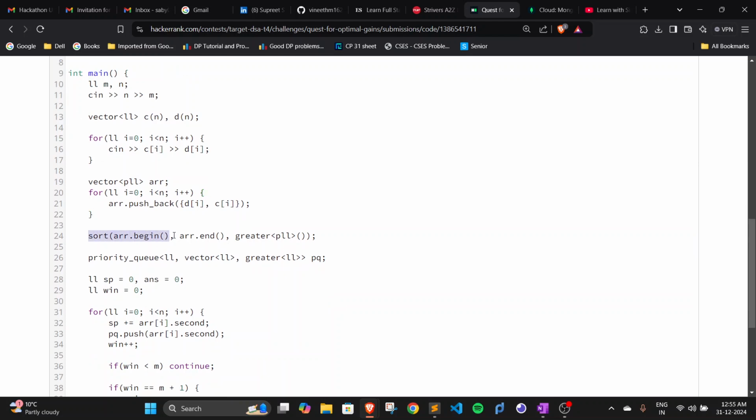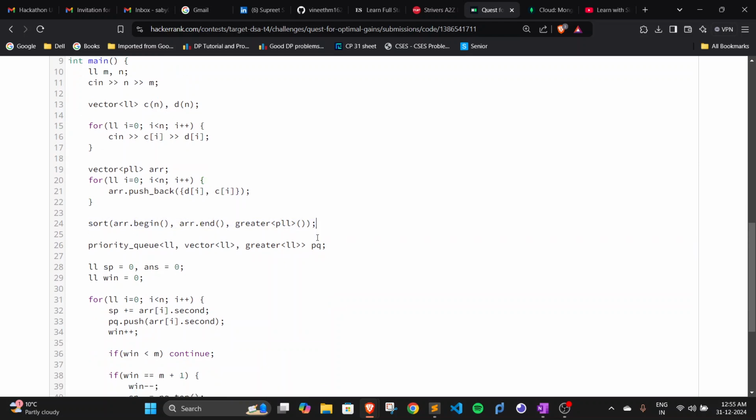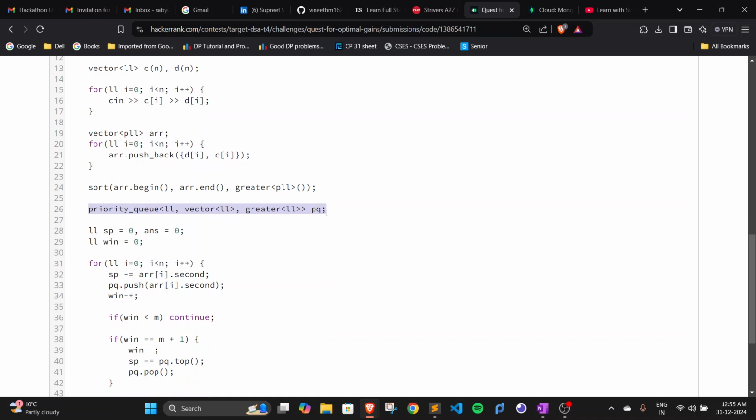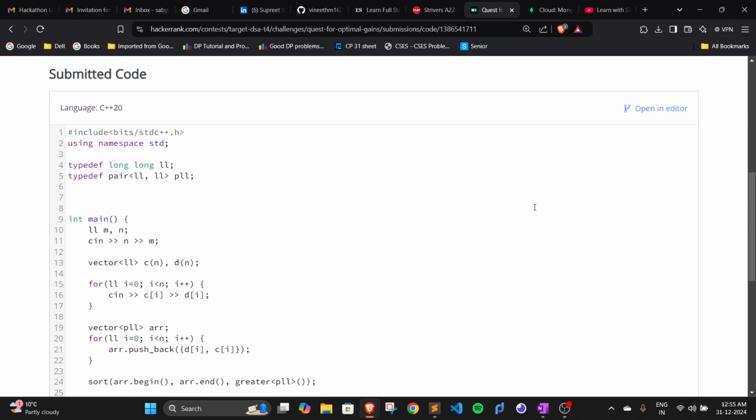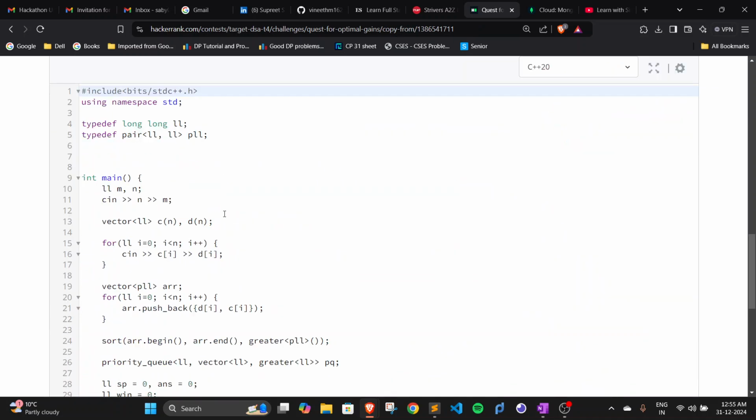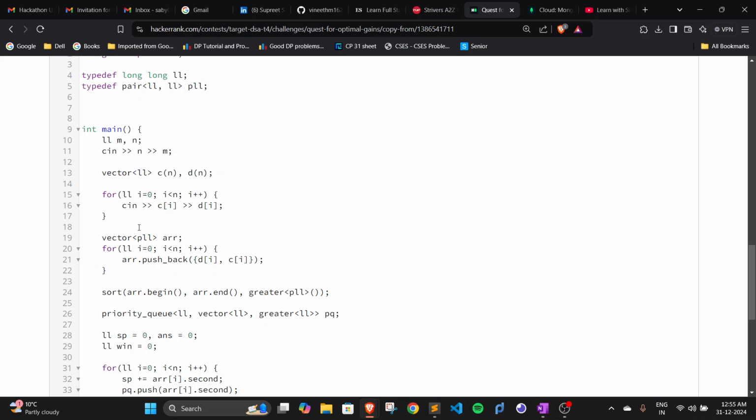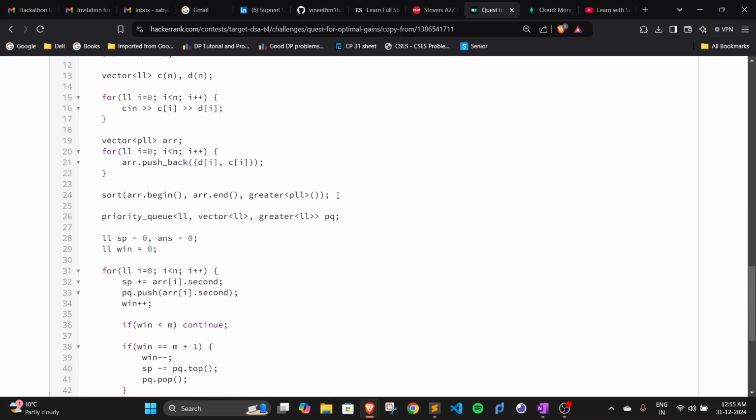Then I have sorted in decreasing order of delivery cost. I have created a priority queue, min type,